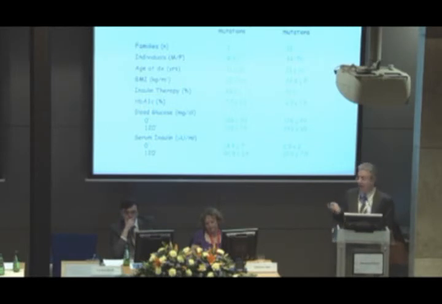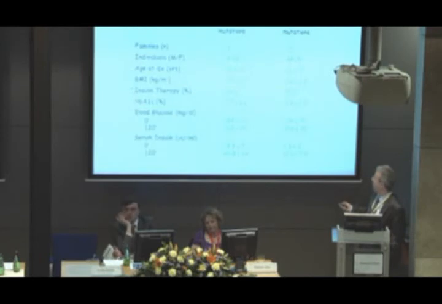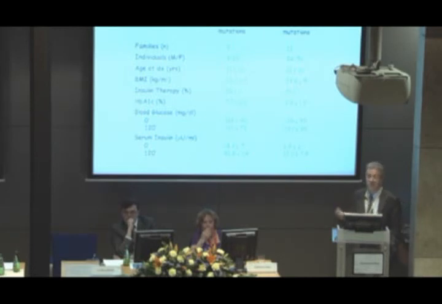And you can see this well when you look at the serum insulin during OGTT, and you see that it's markedly elevated, but these people are really hyperglycemic, so even though elevated, this insulin is not sufficient to produce the appropriate stimulus, so that we are in a situation of relative